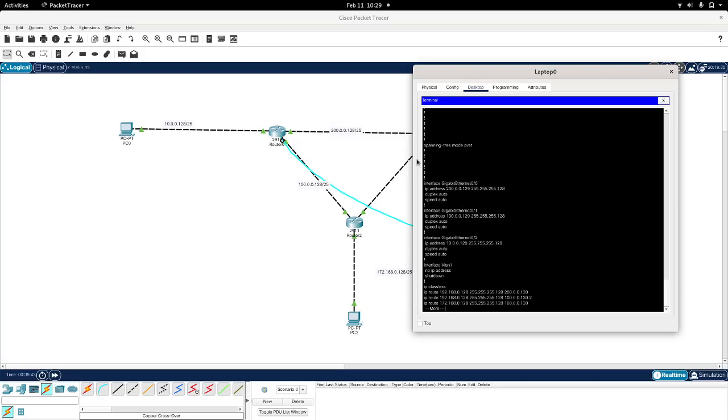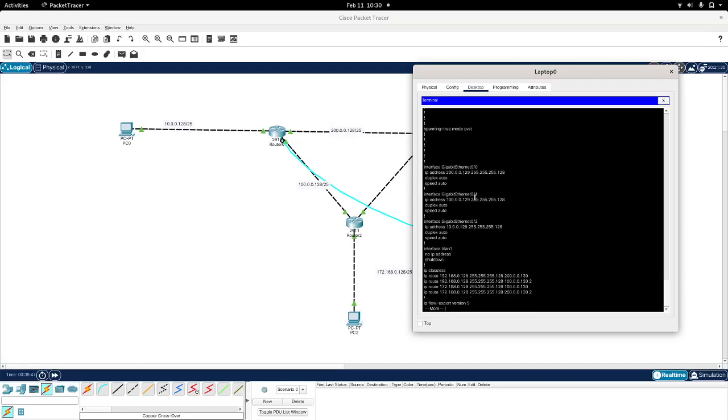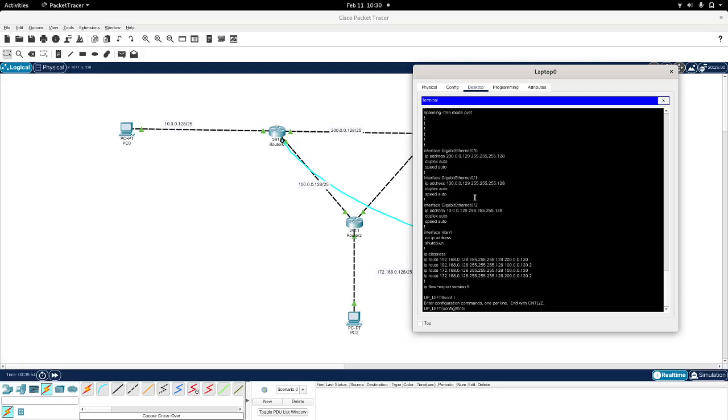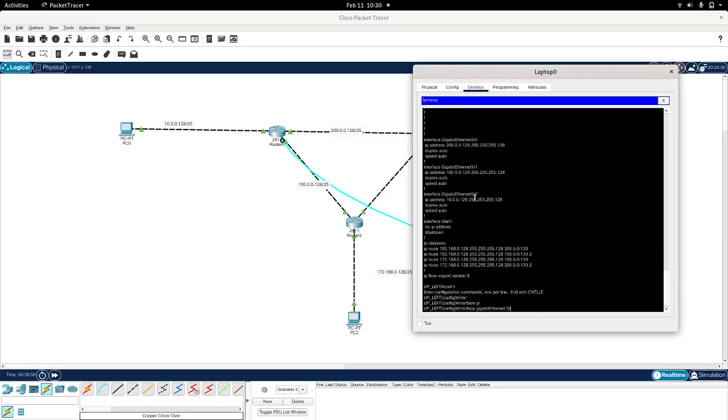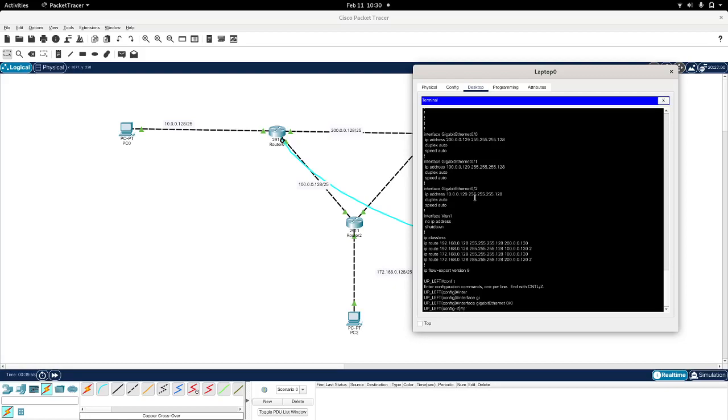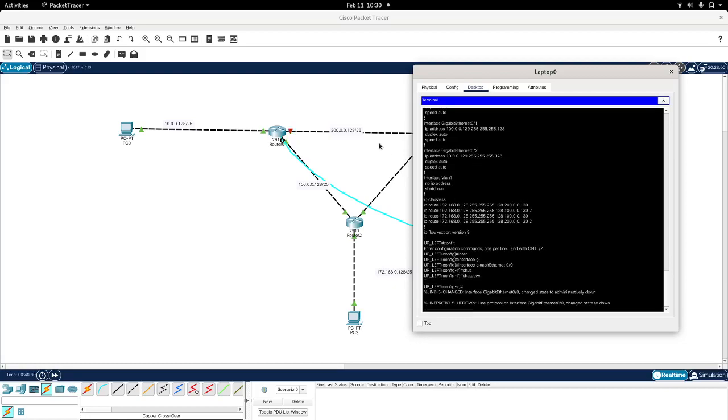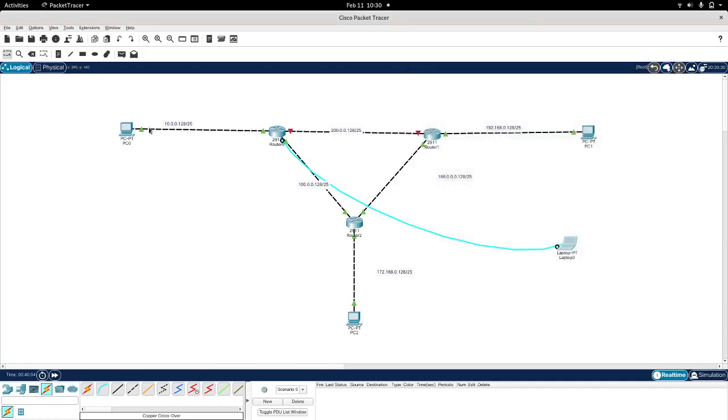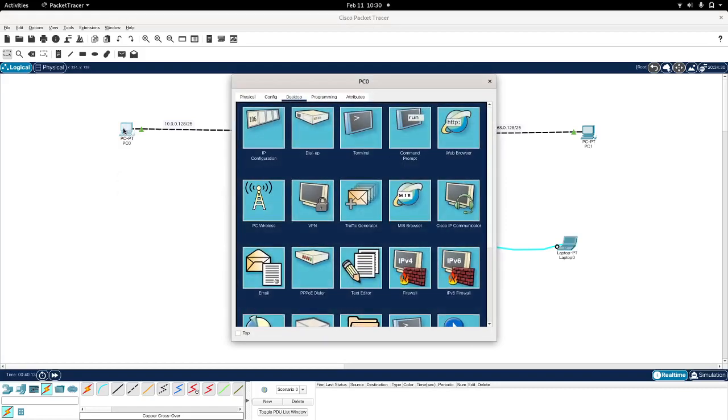So the interface 0/0 is the one on the upper end here. I'm going to disable that interface temporarily. Conf t, interface gigabit 0/0, shutdown. So now the interface is disabled, and we are going to try to reach this network, the 192.168.0.128,